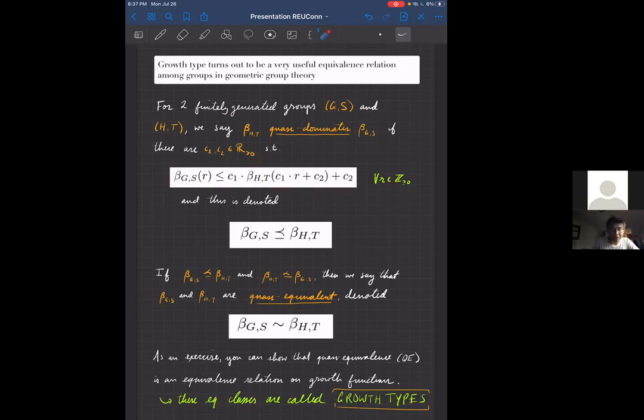And when we have one growth function that quasi-dominates another, we have this notation with this sort of drunk less than or equal to sign. And in fact, we also have a relation called quasi-equivalence. So if we have two growth functions, in this case, the growth function of G and the growth function of H, if they both quasi-dominate each other, then we say that their growth functions are quasi-equivalent. And you can think of this as the growth functions essentially growing at the same rate, right? So if one grows like a polynomial in degree n, then the other grows like a polynomial in degree n as well. But there might be some weird additive and multiplicative constants in there